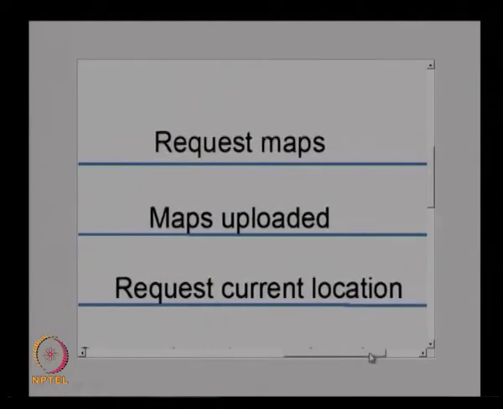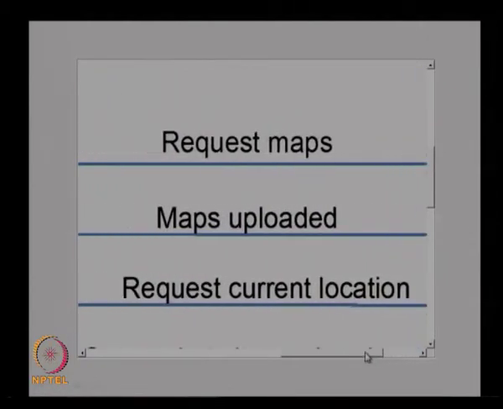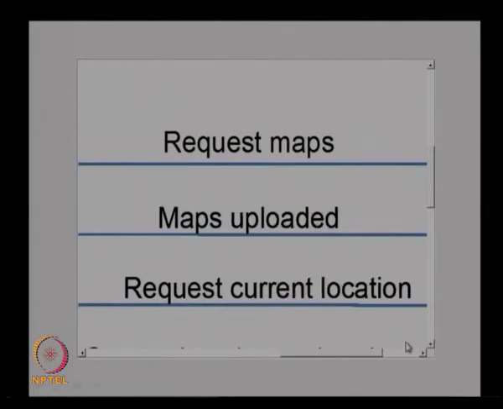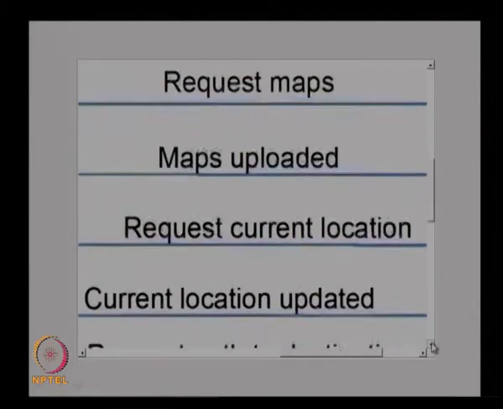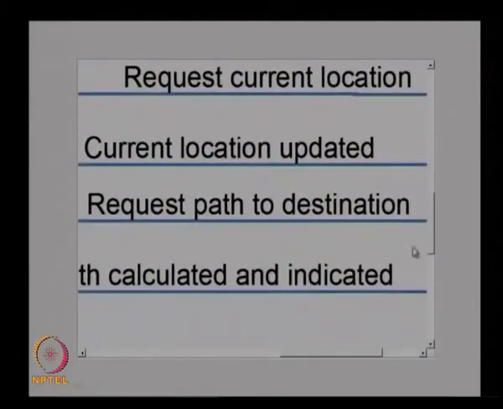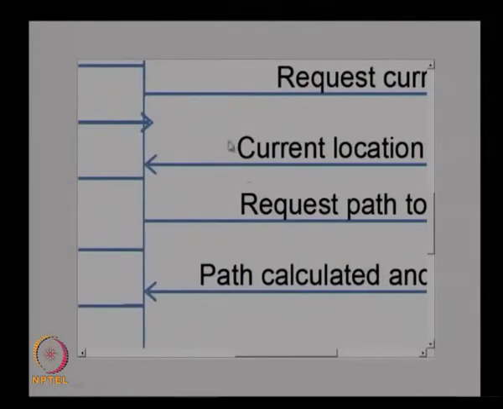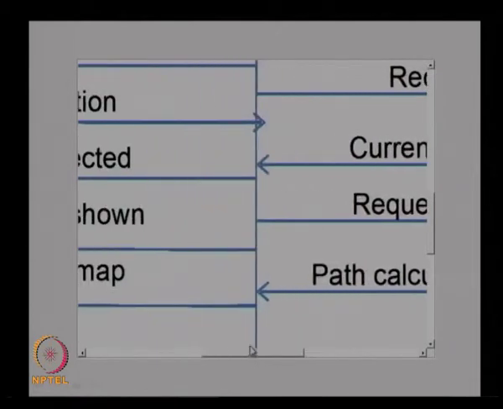The GPS data will be downloaded and the maps will be uploaded using the GPS data. The current location and other information will be obtained from the GPS data and given to the insect system, and then using this data the system will inform the customer about the location and other details. So this is how the interaction takes place between the user, the system, as well as the external system, the